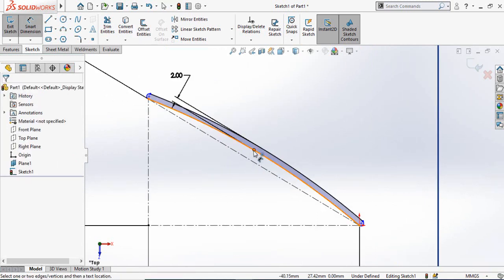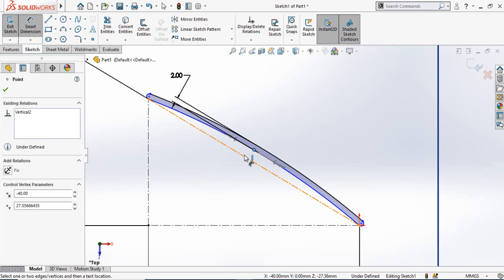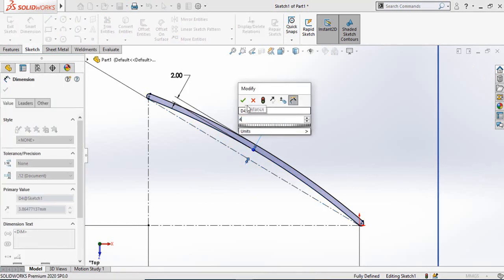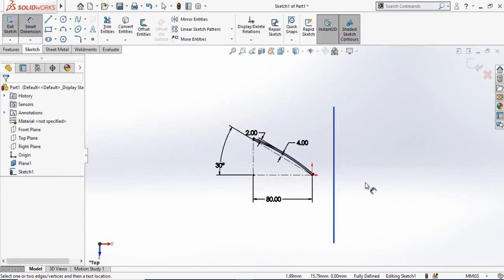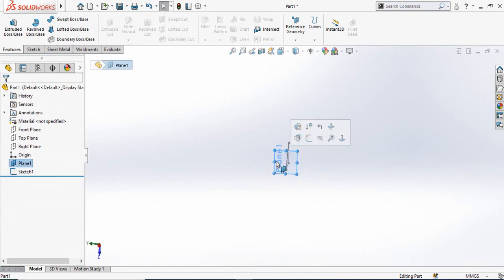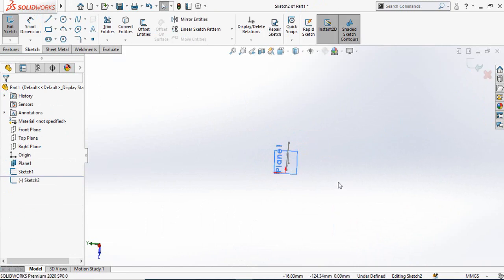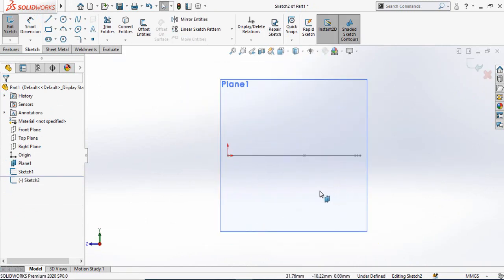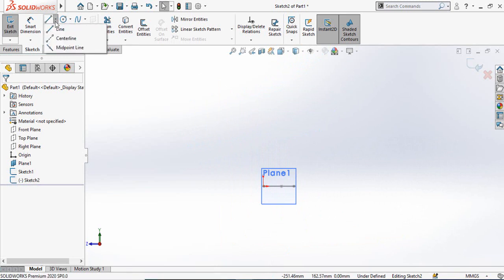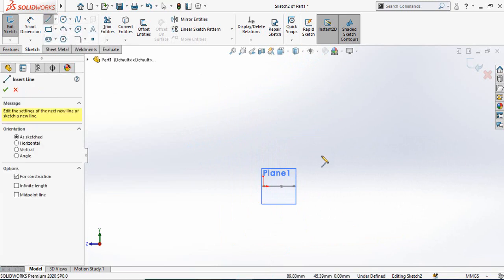Define the distance from this point up to this line 4 millimeter. Now save and exit from sketch mode by pressing this button. Now select this plane 1 which we have just created and sketch on it. Make normal to by pressing Ctrl+8 key from your keyboard, and then once again use center line to draw a